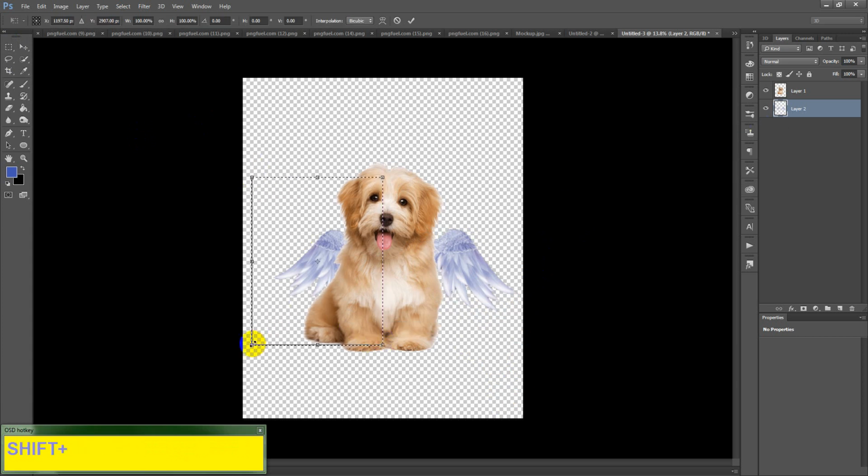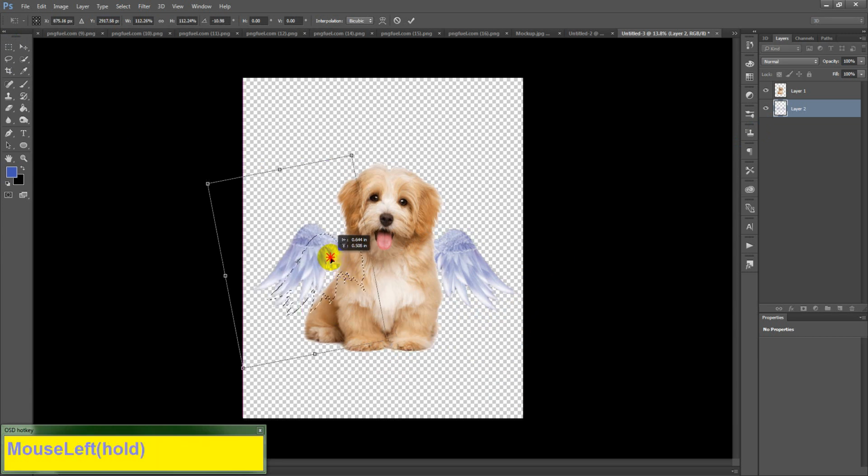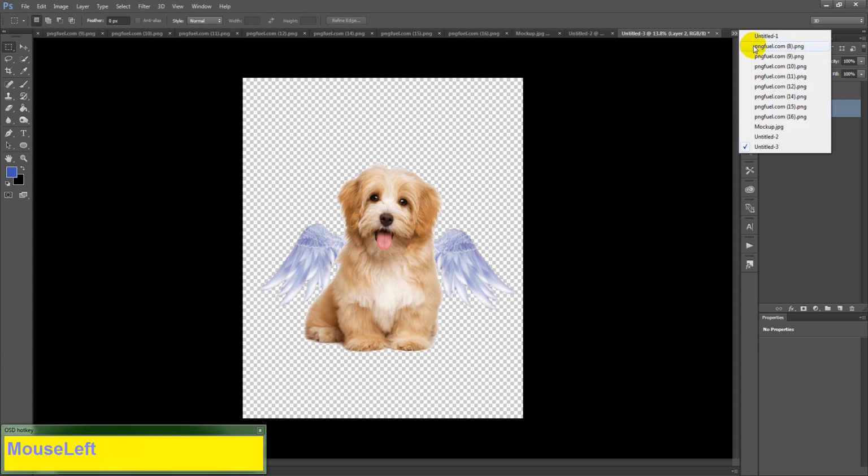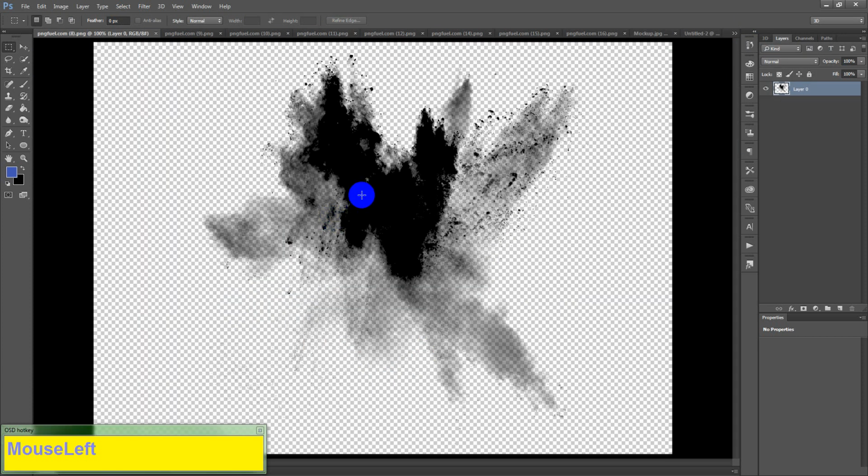Okay guys, this is also going to be a long tutorial because I am going to do this all from the beginning. I am not showing you guys any pre-made designs or any pre-made ideas. I just got this idea to make this dog look like an angel, so that is what I am doing here. So the next thing I will need is, okay, this is going to be a background for my